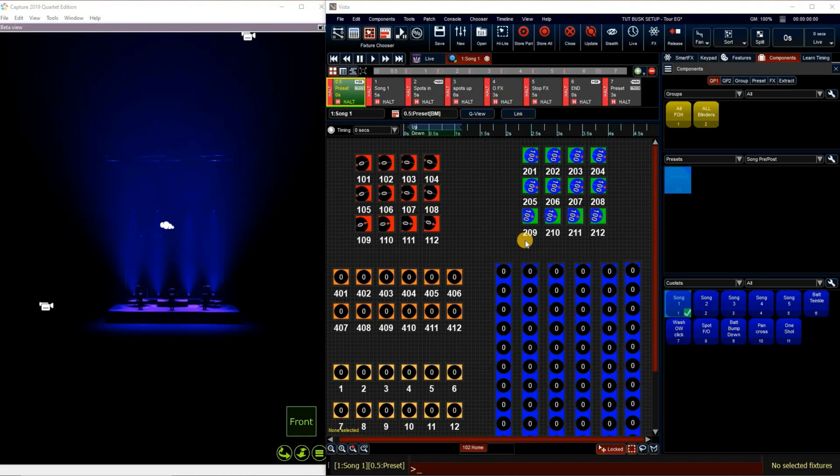Now obviously, this is an extremely basic example, and as with anything to do with design, it's completely up to you what kind of stuff you put in your main list and what kind of stuff you want to busk live. And obviously how many cues you need for your song, whether it's very, very complicated or very, very simple. So this is more of just to give you an idea of how you can structure things and what kind of things you might want to put into your list and what kind of things you might want to leave